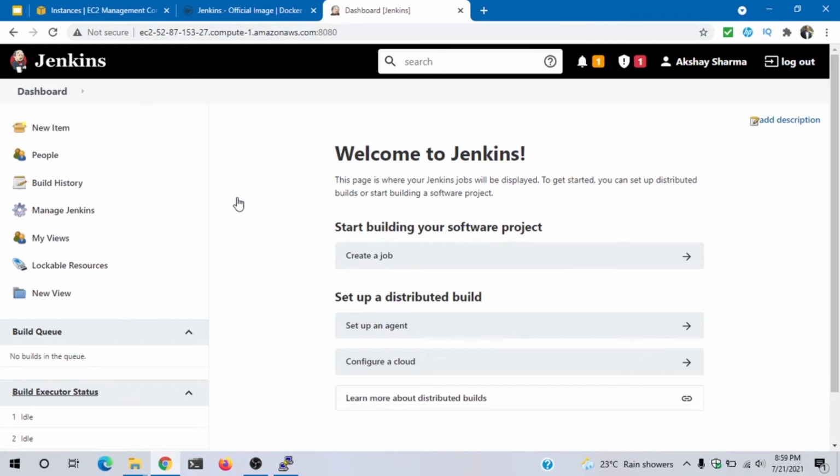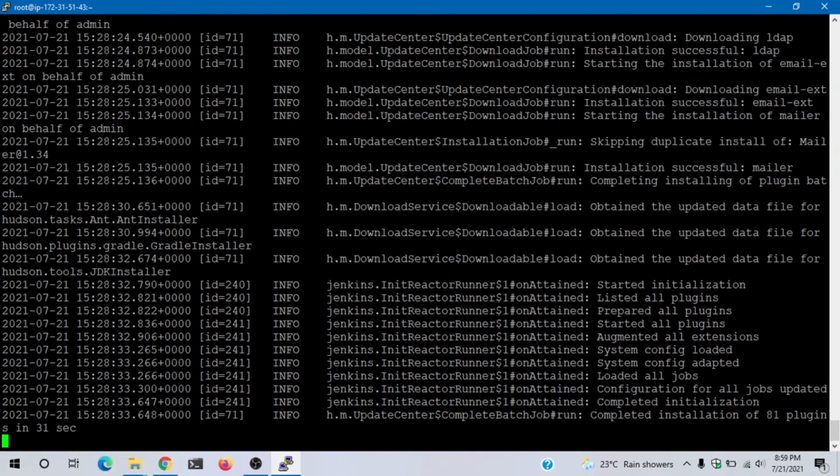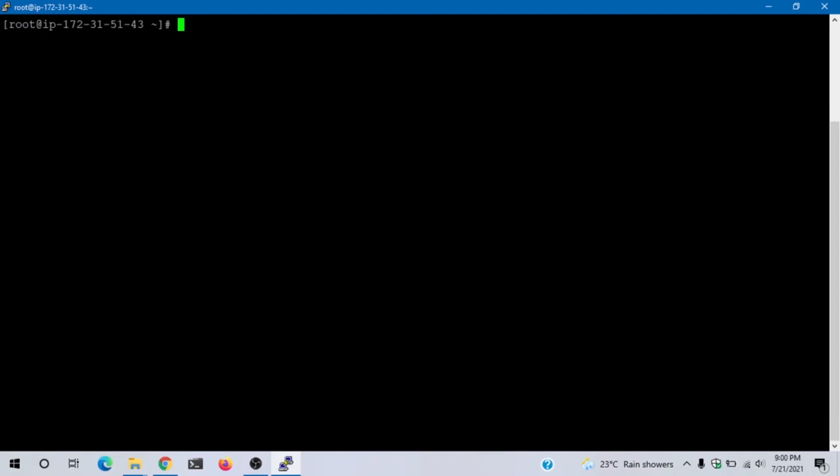So this is how we can install Jenkins. But the problem here is, we cannot shut down, right? We cannot close this command prompt, or we cannot close this terminal, right? Now, in order to execute the command in detached mode, or if we want to close this putty window and still want our Jenkins to be up and running, what we basically have to do is update the command we have executed before.